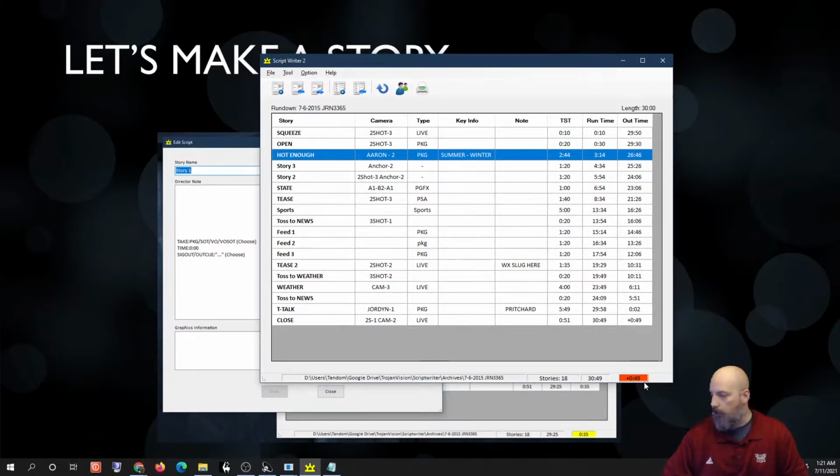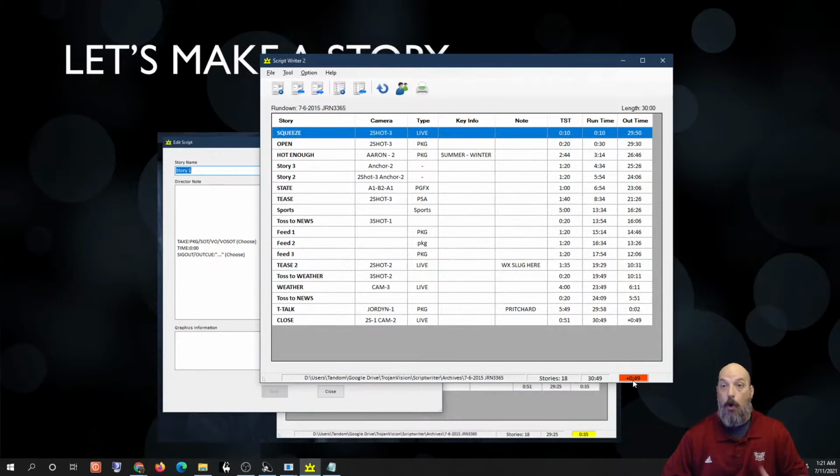Now for this particular software, my clock is turned red, whereas before it may have been yellow. Red means I've gone over my allocated time, so I'm going to need to go in and make adjustments to the rest of the show to get that back to 0 and turning green. So that's just going to be a quick look at how you set up scripts, how you find information, and then how you take that information